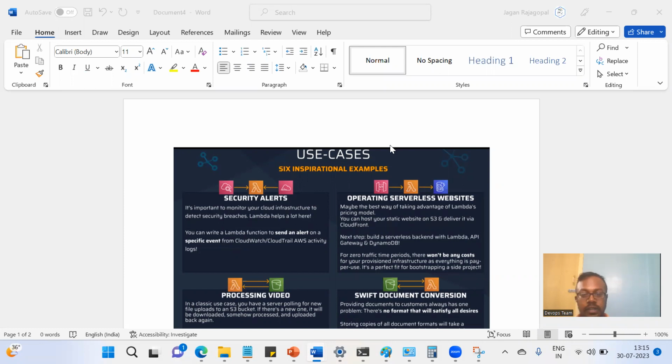AWS Lambda is a serverless architecture. You don't need to provision or manage it, and you don't need to take care of any kind of patching or any issues that happen. The infrastructure is managed by AWS and is highly scalable. And they charge based upon how much you are using. If your code is running for, say, 2 minutes, they are going to charge for just that. So if you're not using it, they won't charge. You pay based upon how much your application runs.